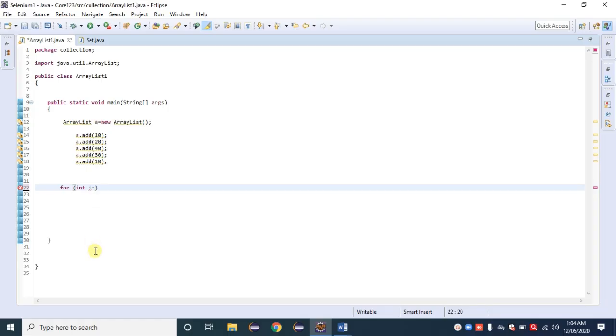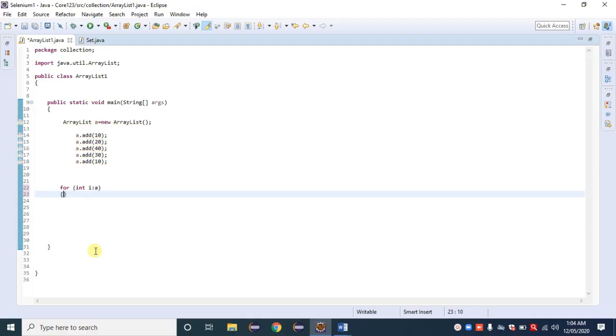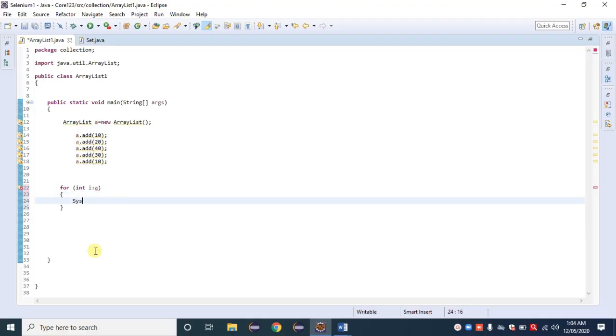So here I am providing a. Enter. SYSO, here index i. I can give any name here for the index, I can give ABC also. ABC, no doubt. Okay, observe here we get an error.